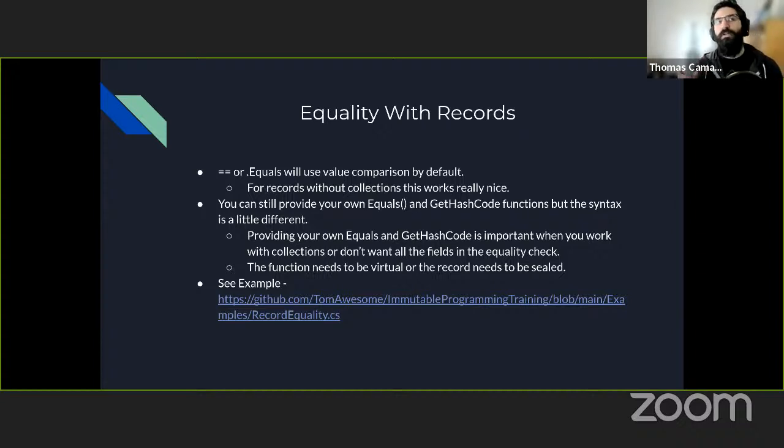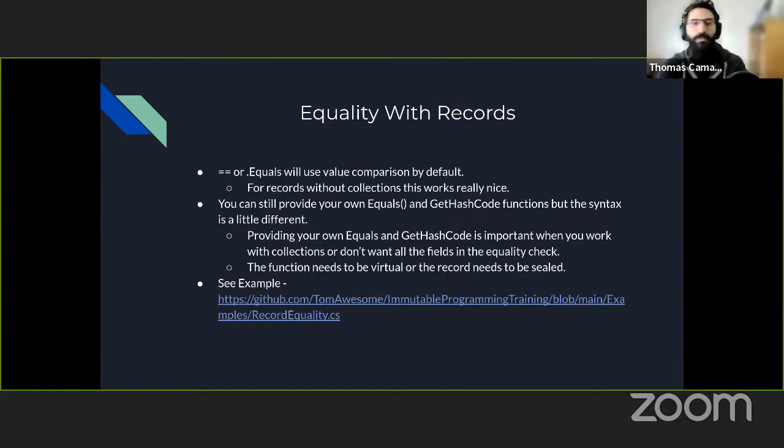But there's also a side effect of that, in the sense that a lot of the collections you have, if your object has arrays, lists, dictionaries, you name it, those types of fields would use reference equality. And so that's something to keep in mind. In some use cases, having reference equality works well, and in other ones you want to actually compare the values of your collection